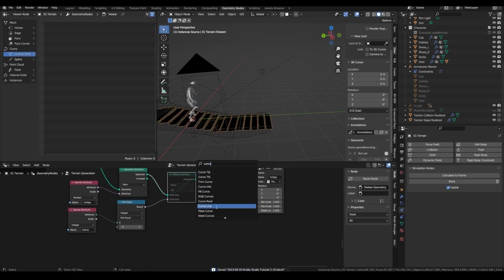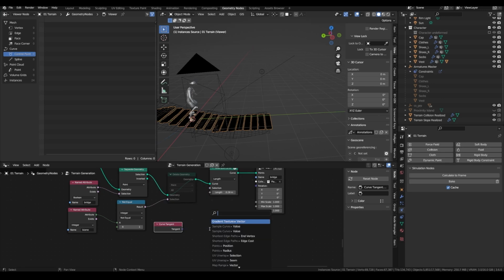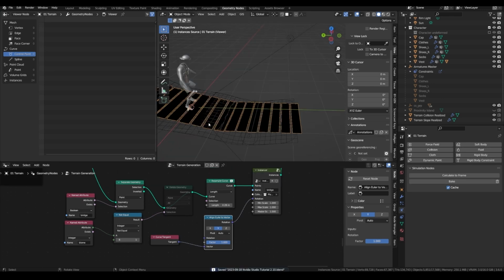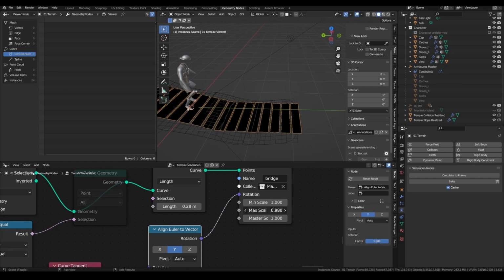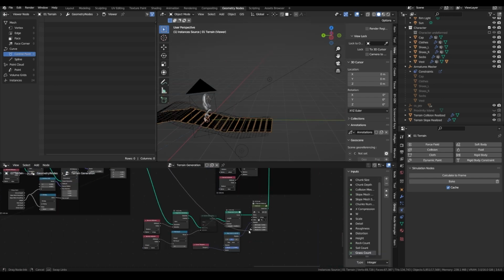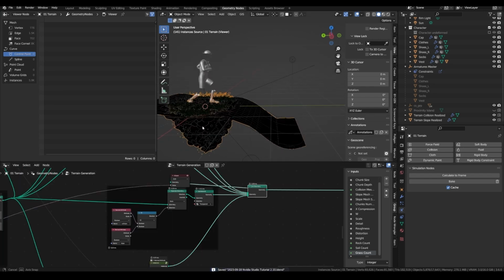Take the curve tangent into an align vector to Euler node. Now we just need to set the rotation to Y, and this is already looking like it will work. Let's vary a bit the scale. Now we can also plug the master scale, just like the other nodes, into our node here, so the road is forming like this. And before moving on to finalize the bridge, let's fix the collision and remove the ground